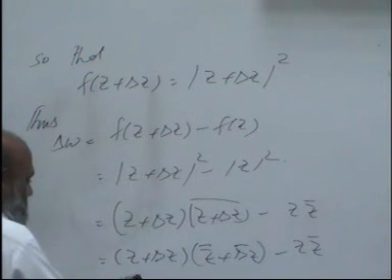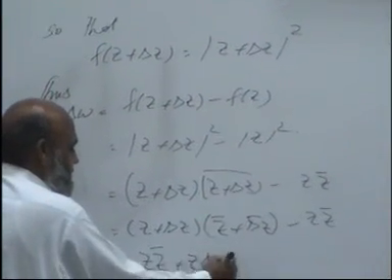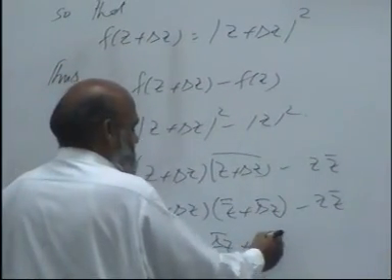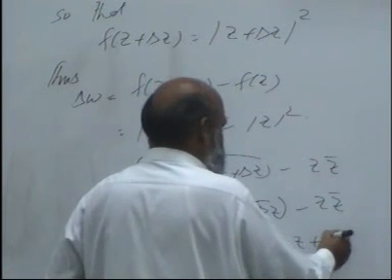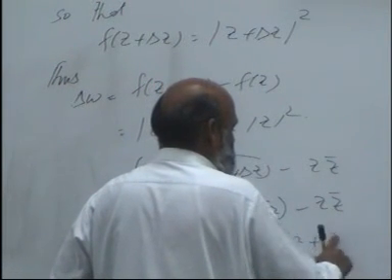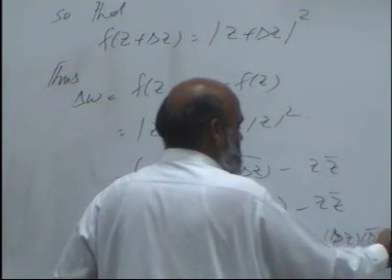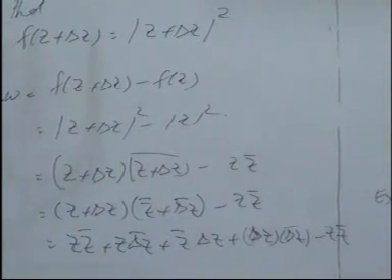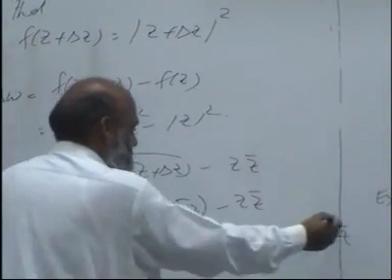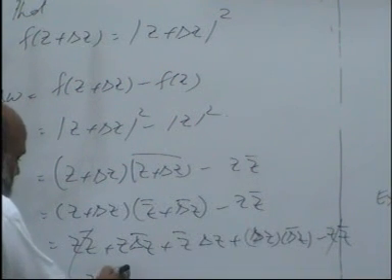We can multiply this out: z into z conjugate plus z into delta z conjugate plus z conjugate into delta z plus delta z into delta z conjugate minus z into z conjugate. So we can cancel these two terms. The left one is